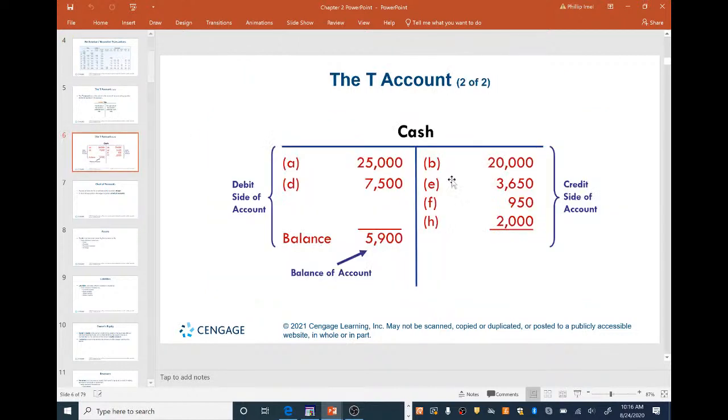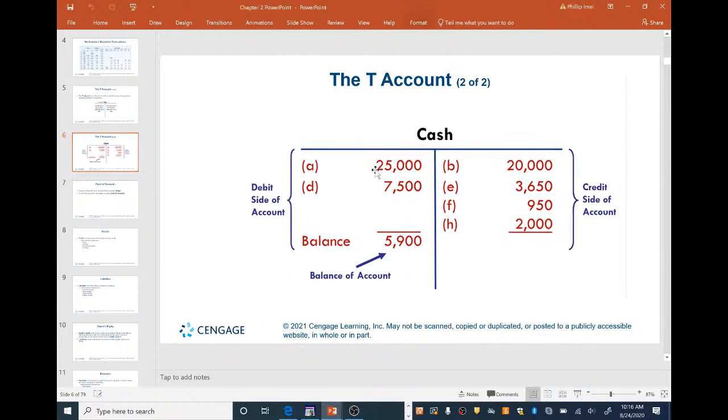So let's go back to our T account here. We're going to debit cash. Remember the debit side of the account. This is increases in cash, that money going in, $25,000. So let's go back here to the other side, B. Remember, if you recall here,